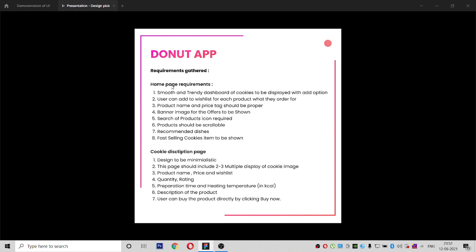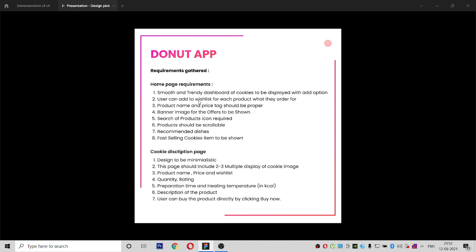When the user reaches the home page, we will consider what all to be placed inside the screen. We will start with a smooth and trendy dashboard of cookies to be displayed with an add option.